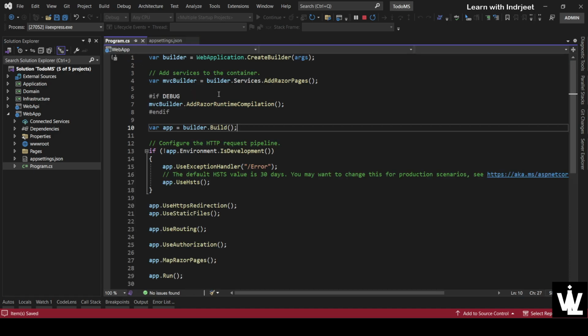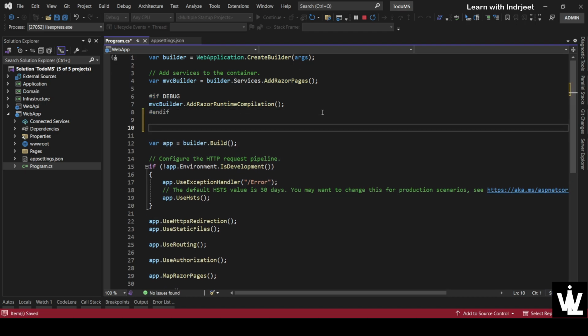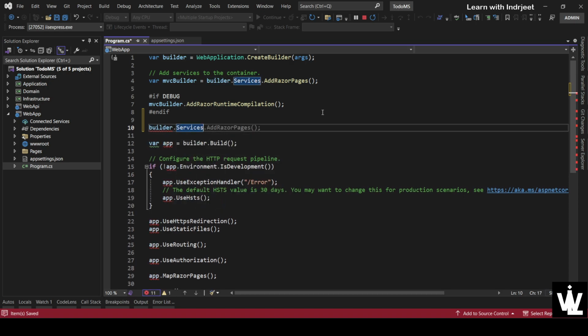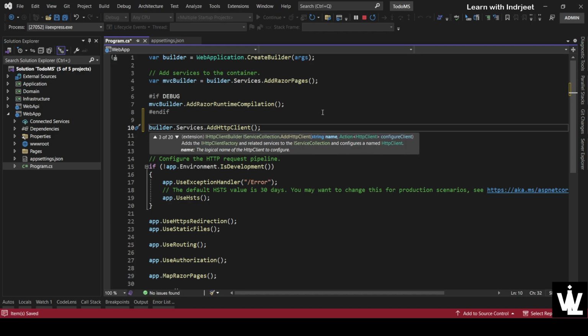Okay, now let's configure it. Let's add it to the pipeline. So builder.Services.AddHttpClient. This method has 20 overloads. We want to use the one where we can specify the name and an action. Okay, so the name will be WebApiClient,